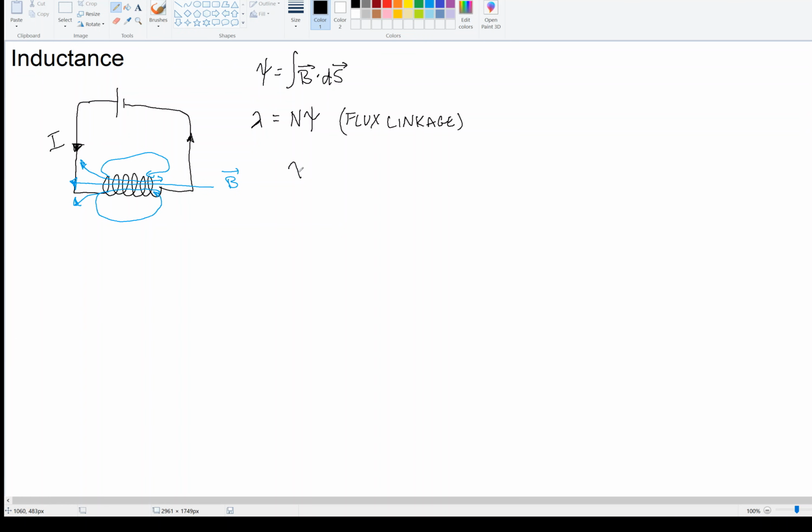We can write the flux linkage as lambda equals L times I, where capital L is the constant of proportionality. Rewriting, L is equal to lambda over I, which is N times the flux divided by I, and we give this the unit of capital H, which is henries. This L is